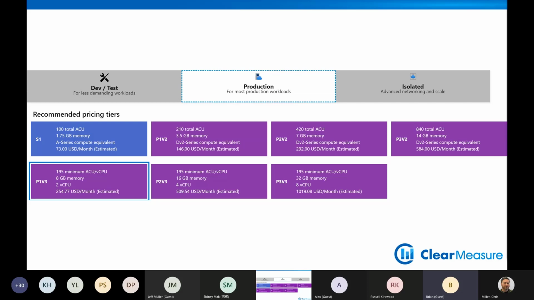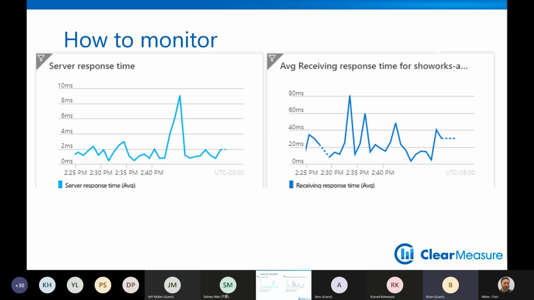Now, what are some of the metrics that you want to make sure to have in your Application Insights dashboard? Well, here's 2 of them: server response time and average receiving response time. If on the server the only thing that's running is a web service, well then you probably have a lot of experience looking at metrics for web services when that's all you're serving. If you're serving a Blazor server-side application, server response time is going to be really important to monitor because we talked about latency and network jitter and responsiveness of getting all these little small back and forths, but there are a lot of them back and forth to the browser.